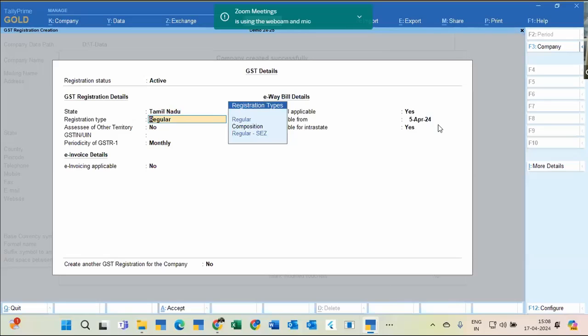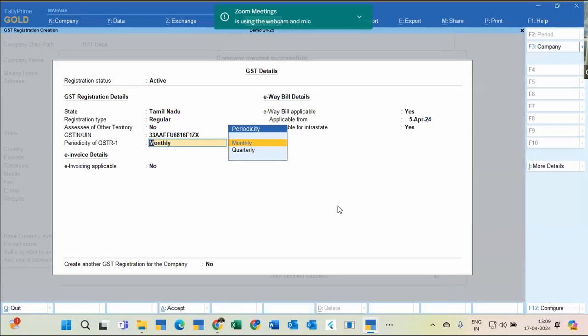And then it is asking me whether I am going to go for regular, composition, regular SEZ, and then whether I am an assessee of other territory. It's asking me this basic information, and then I have to give a GSTN number, which is a PAN-based number, which is 10 plus 15-digit number,